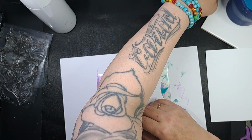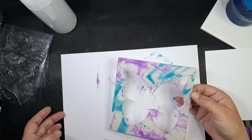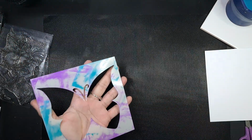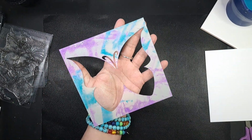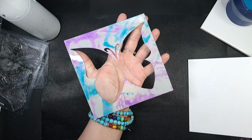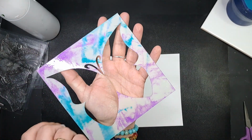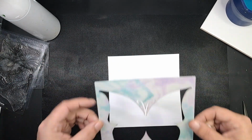So put them to one side. Move that out of the way. And we are going to spritz this lightly. Don't soak it. Just enough to get it moving. We're not using watercolour card. I'm actually just using Super Smooth. So now that that's started working, we'll put that